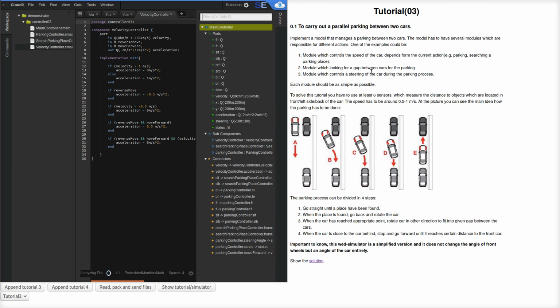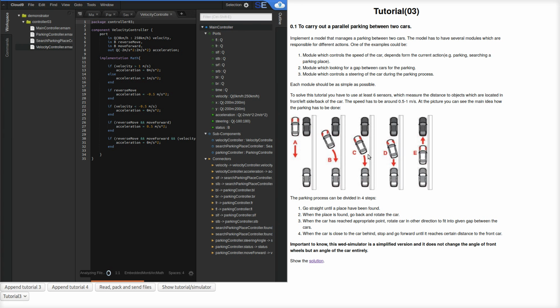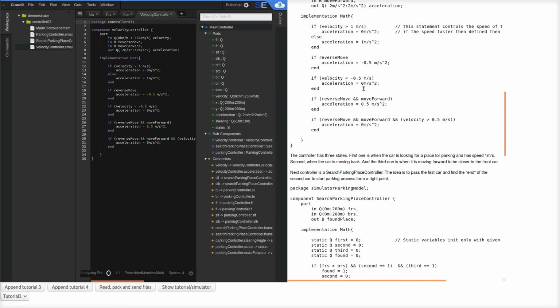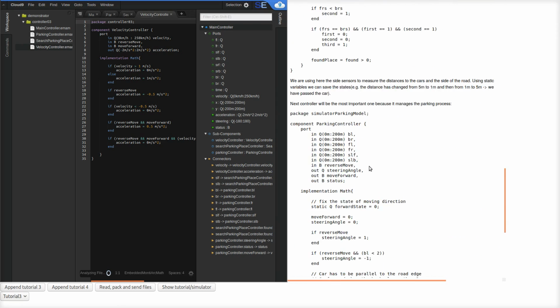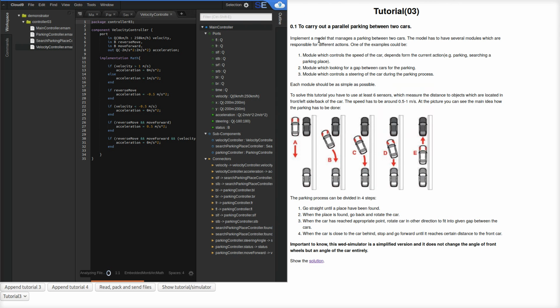From the right hand side you can see the tutorial, which has this nice picture and all the description, and especially for the presentation purposes I added the solution here directly, so that you can see the solution with description. Then we can go back to the tutorial,